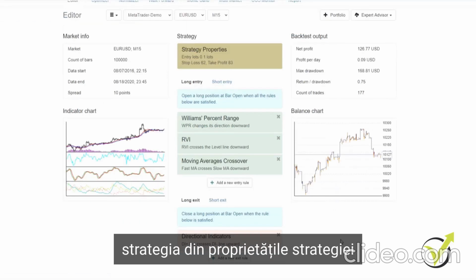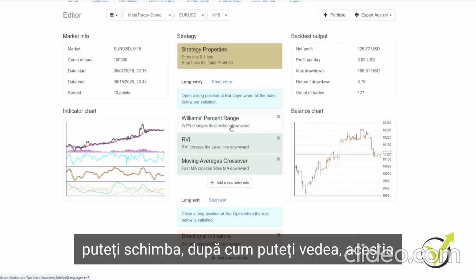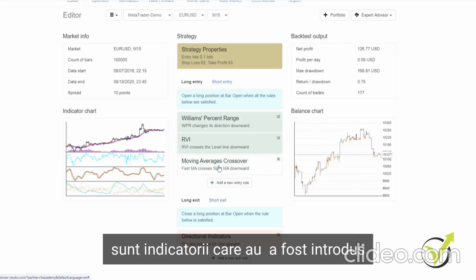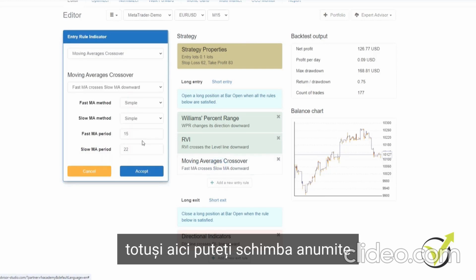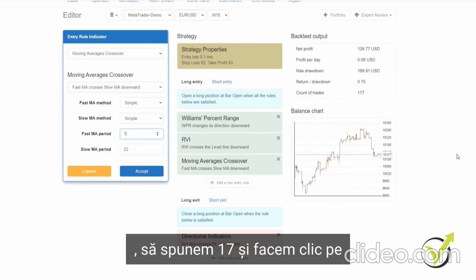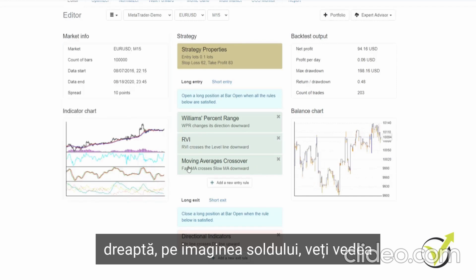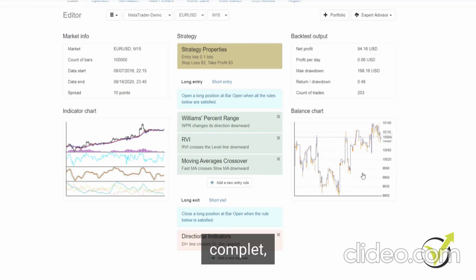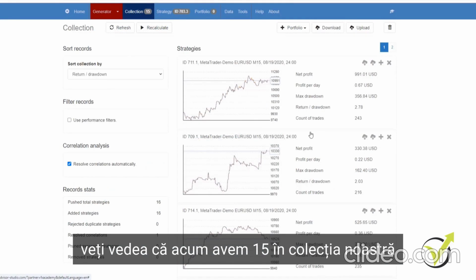In the strategy properties for the strategy that we have selected, there are a number of things that you can change. As you can see, these are the indicators that have been put in by the generator. However, in here you can change certain things. So for example, if we change the fast moving average period to, let's say, 17, and we click on Accept, and if you keep your eyes on the right on the balance chart, you'll see that the balance chart has changed completely. If we then go back to our collection, you'll see that we now have 15 in our collection,